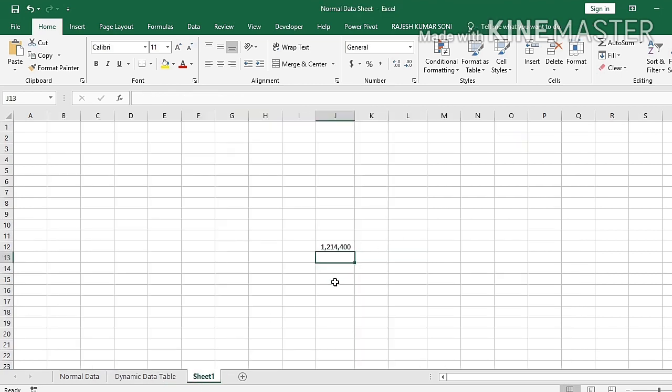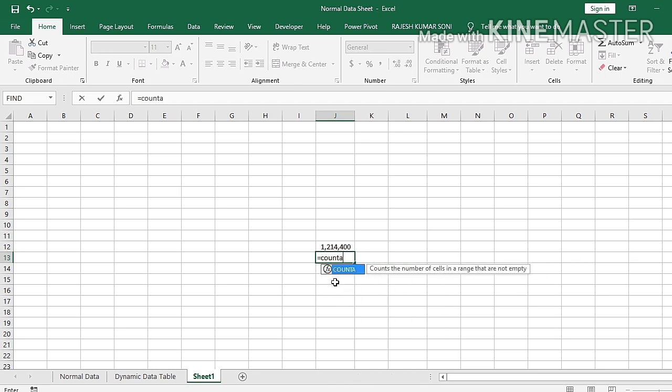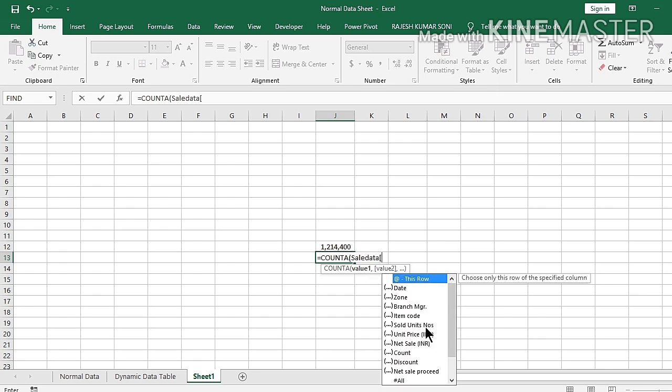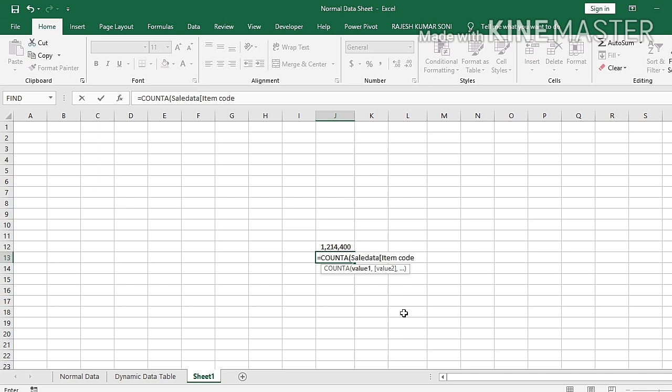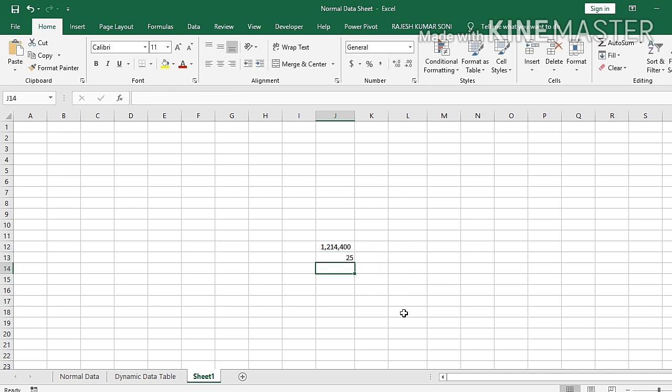Take another example. Suppose you want to count any row, any column, sorry. Count A bracket star sale data, and then we again start with the capital bracket, and suppose we take the item code, sum of the number of rows, and close the bracket and press enter. 25.